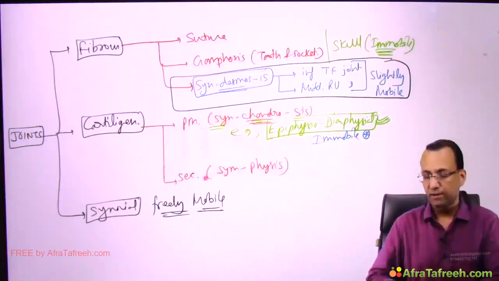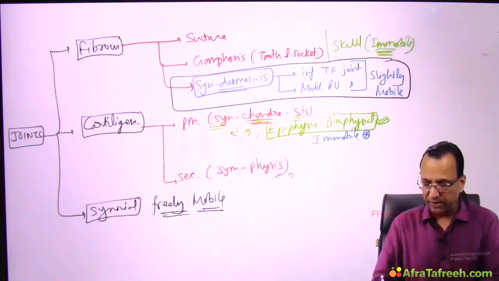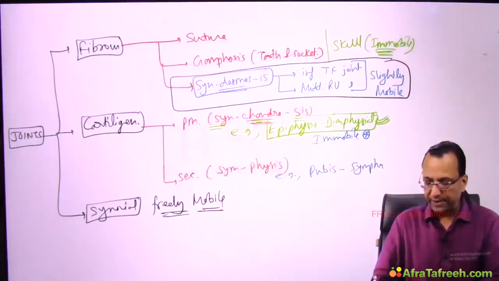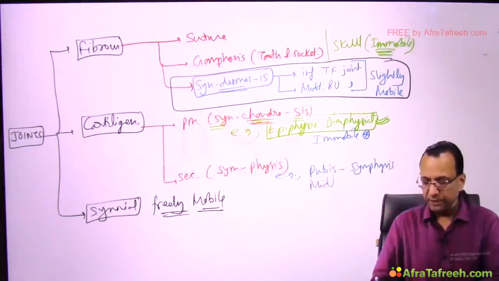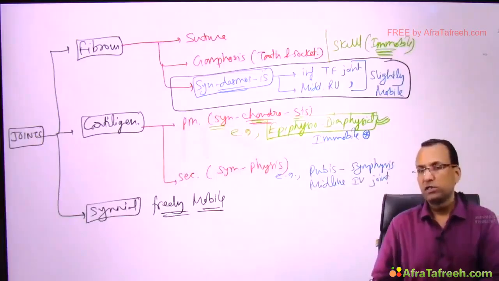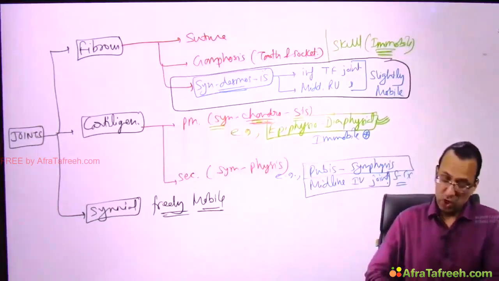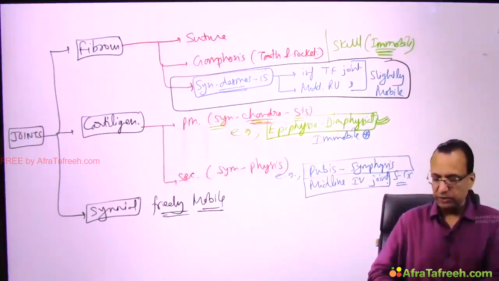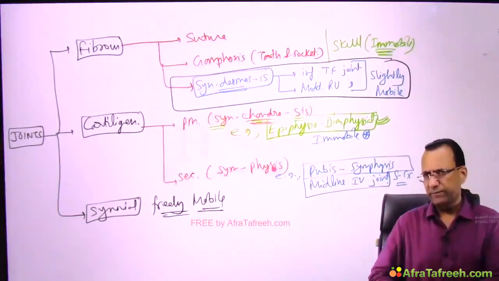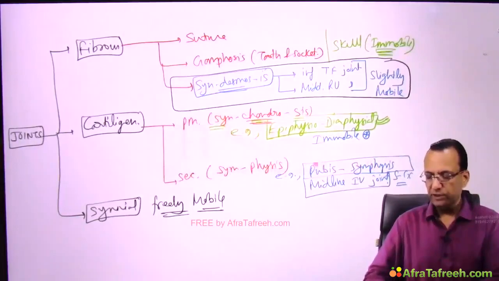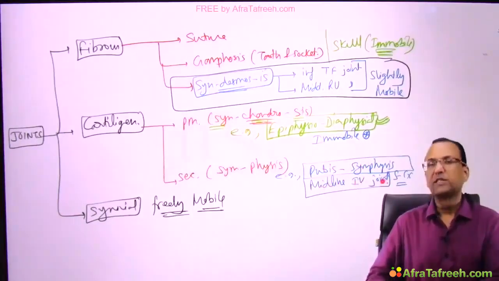They are slightly mobile. For example, we have given examples like pubis symphysis, or the other was the midline intervertebral joint. When you say midline intervertebral joint, one of that was the sacrococcygeal joint. So, what about the sacrococcygeal joint? They are slightly mobile, like pubis symphysis. When you're talking about secondary cartilaginous joint symphysis, we have taken two examples. One was the pubis symphysis, which is slightly mobile, and then there was the midline intervertebral joint like the sacrococcygeal joint,